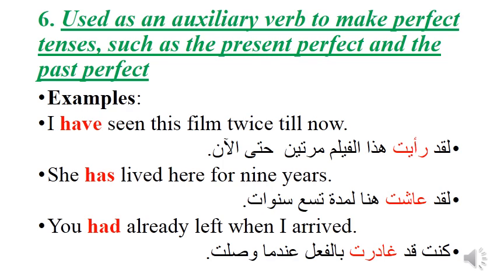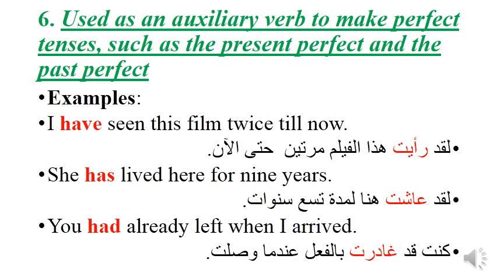The first sentence, I have seen this film twice till now. لقد رأيت هذا الفيلم مرتين حتى الآن. Within this example, I'm using the auxiliary have in the present simple plus the past participle of the verb to see, that is seen, in order to refer to present perfect. I repeat, present perfect. The second sentence, she has lived here for 9 years, or لقد عاشت هنا لمدة 9